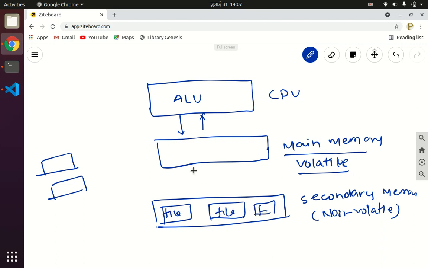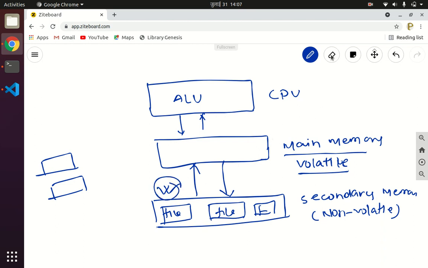If you need to perform any operation on the file in secondary memory, you have to open the file, and when the file is opened, it will be transferred into the main memory first, into the main memory buffer. We will perform the operation on the main memory buffer, and when the operation completes, it is written back into the secondary memory, and the file is closed. Now how do we perform this type of file handling operation in the C programming language? This is the topic of today's tutorial.